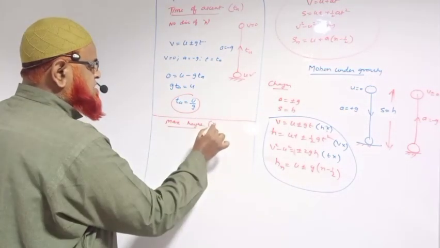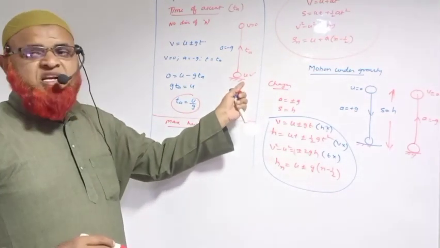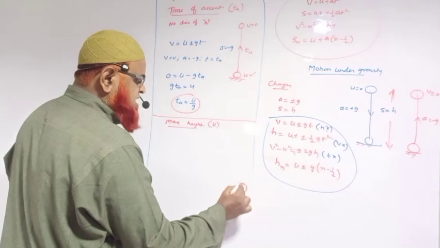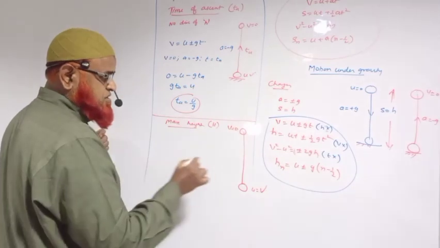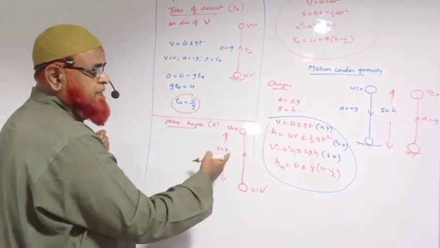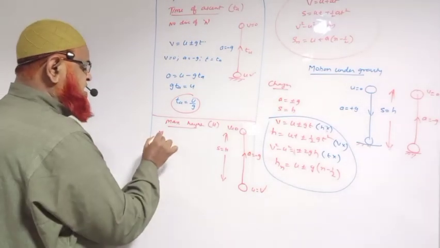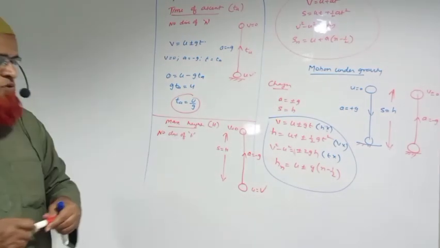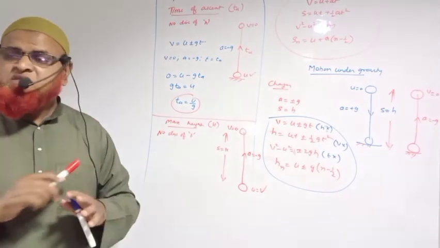Maximum height means what? Let us take it as capital H. How much distance it has travelled from the point of projection to the point where it is going to stop. Final velocity is 0. So the distance travelled vertically by a body from the point of projection, that is u, to the maximum height, where velocity is 0, you can take this displacement as capital H. In this case, maximum height is represented with capital H, and you all know that a is taken as minus g, and it is clear that there is no discussion of time here. Throwing a body to the maximum height means initial velocity will be there, final velocity will be 0, and displacement is there. There is no discussion of time here.